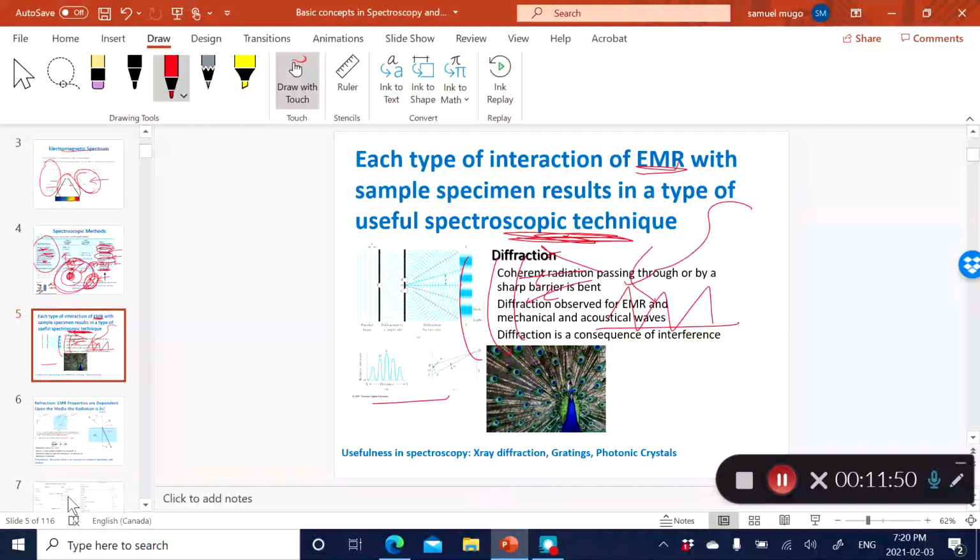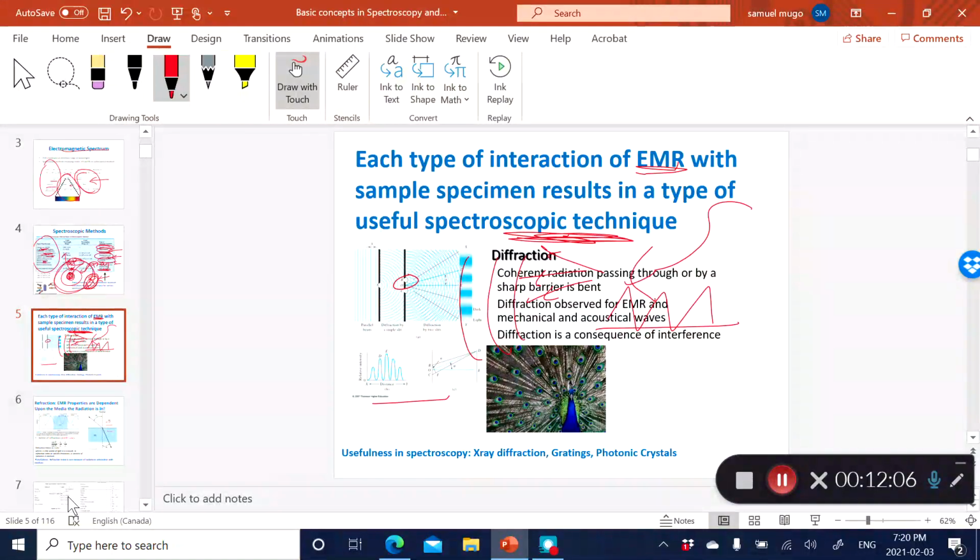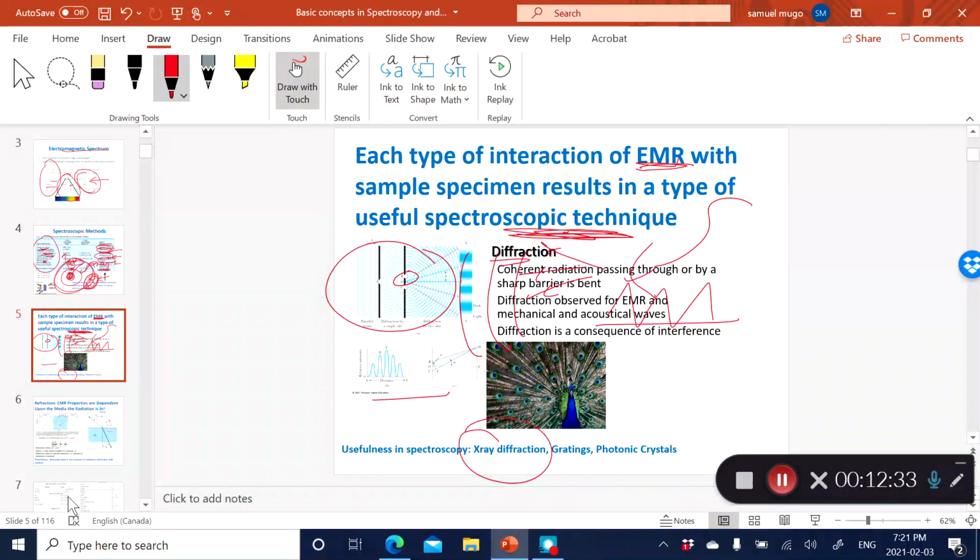Now, similarly, diffraction can be explained if you take electromagnetic radiation and have it pass through a very, very small exit slit, like a hole. And because of that, again, you get the light splitting into its component wavelengths. And that is what you refer to as diffraction. Now, diffraction, as a form of interaction between a chemical specimen or a material with electromagnetic radiation, is very important in spectroscopy because it is actually the basis of what you refer to as X-ray